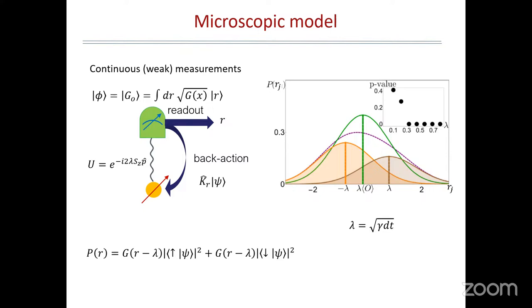To do that, what we have is a microscopic theory of the detector measurement. And the way is simply the original von Neumann model for measurement. You have a Gaussian pointer, and this pointer shifts to the right if spin is up and shifts to the left if spin is down. So if you have a generic spin state psi with amplitude psi up and amplitude psi down, you get the superposition of two Gaussians, which are the brown ones that you see in the picture. The sum of them is a distribution which, in the limit in which the shift is very small, can be approximated by a Gaussian as well.